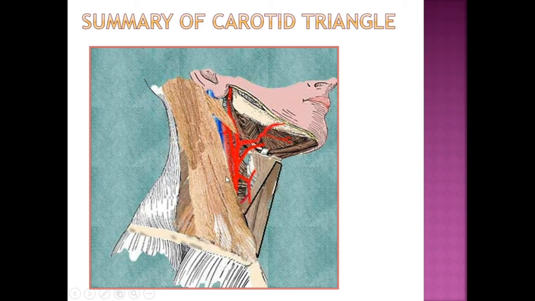Contents are the contents in the carotid sheath: mainly artery is medial, vein is lateral and the vagus nerve in between and behind. And also the 5 branches of external carotid artery are given in the carotid triangle, which we have seen in detail. Other nerves are the loop of hypoglossal nerve, which will be looping both the internal and the external carotid arteries, and also the spinal accessory nerve. So this completes the carotid triangle. With the next topic in the head and neck region, we will see in the next class.